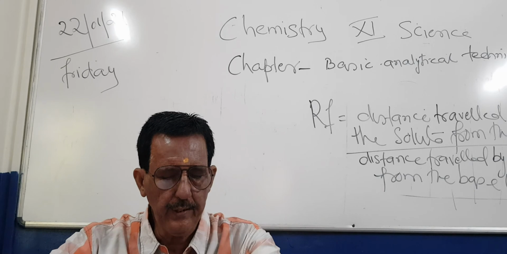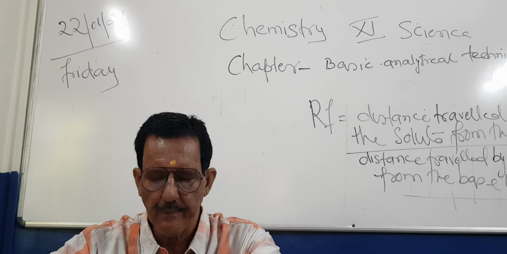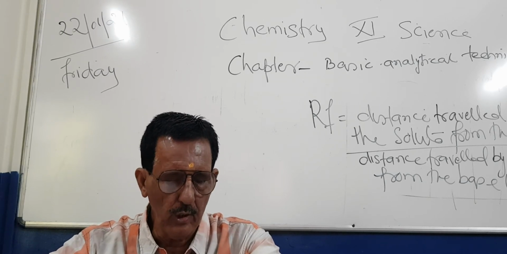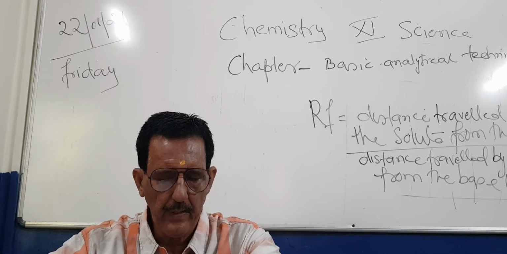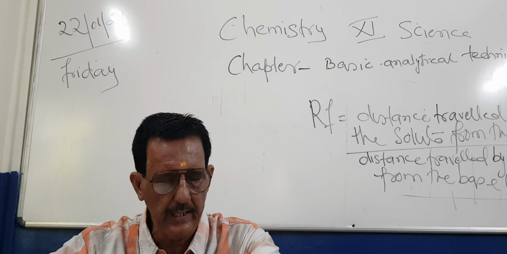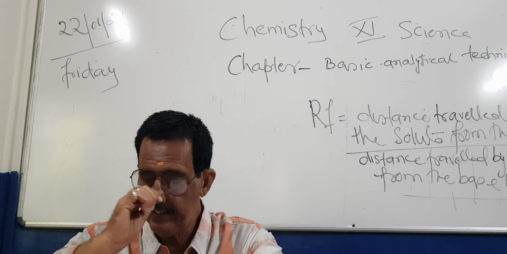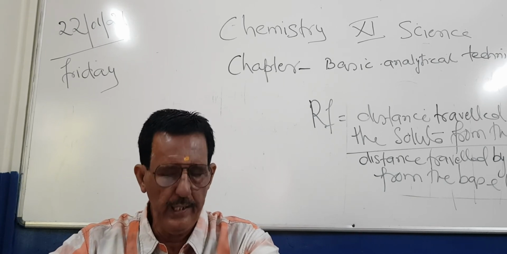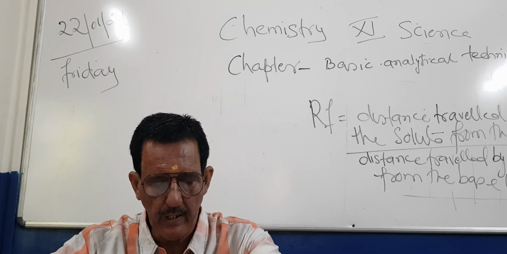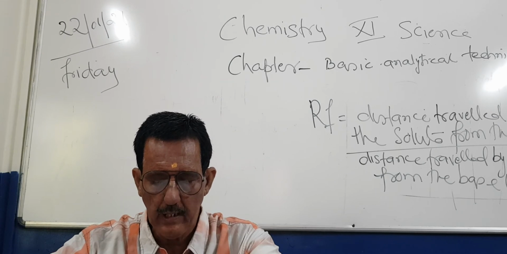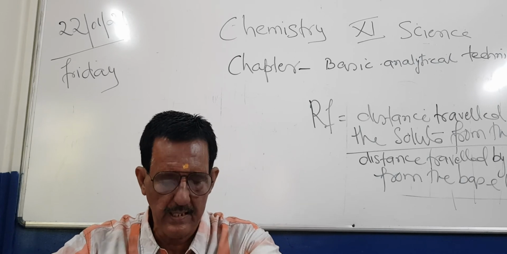Distillation is for liquids having a difference in their boiling points. It is used to separate a volatile liquid from non-volatile impurities. It is of two types. Simple distillation is used for liquids which boil without decomposition at atmospheric pressure. Fractional distillation is used for liquids with a small difference in their boiling points. Distillation under reduced pressure is used for liquids with high boiling points or those which decompose on heating, which are purified by this process.